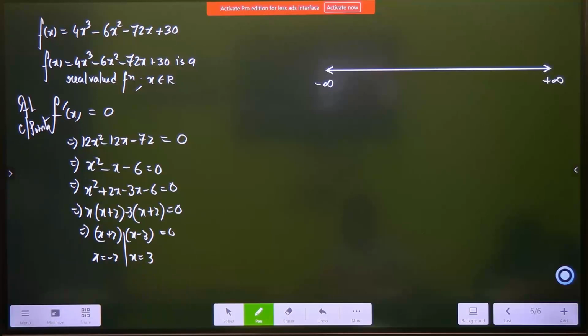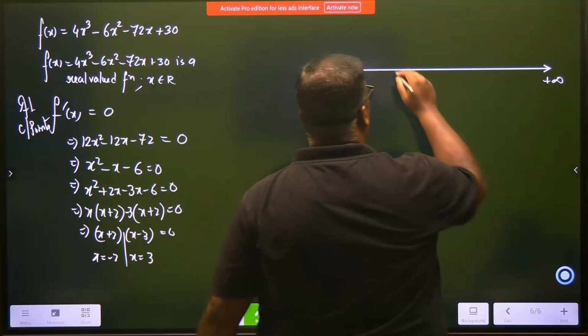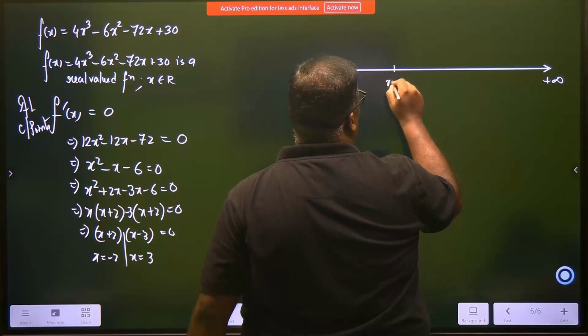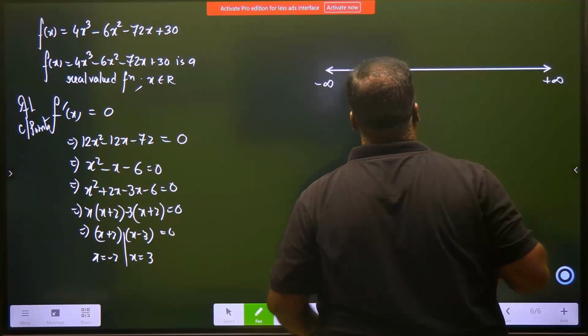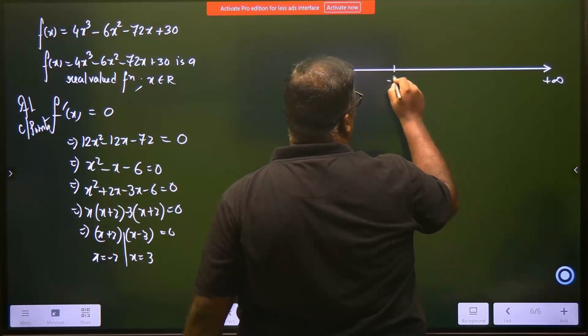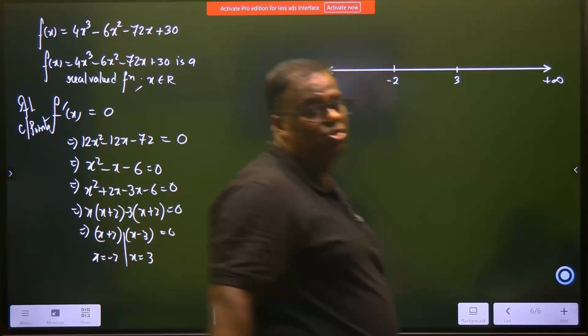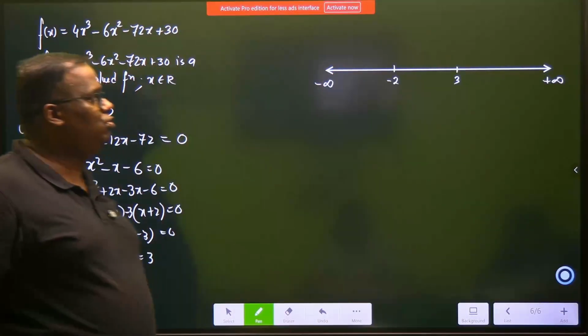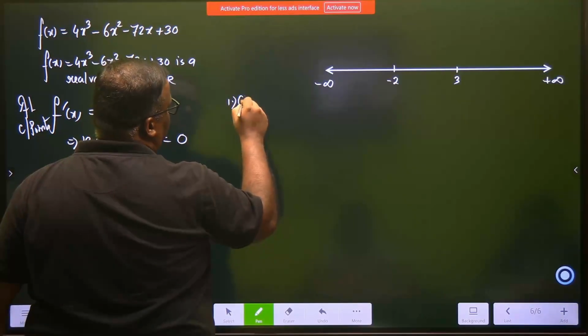Okay, so your critical points are available now. One of the critical points is x equal to minus 2. This is minus 2, and another critical point is 3. So now you have to check in 3 different zones. Okay. Checking